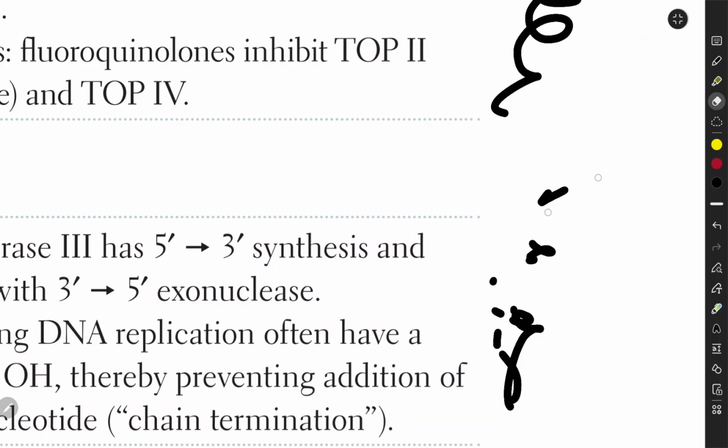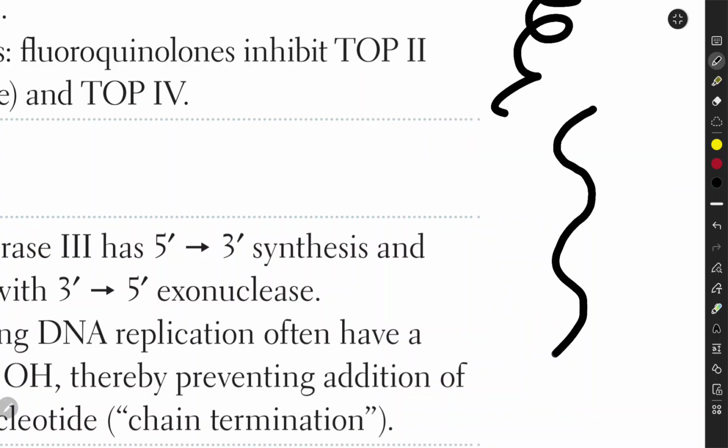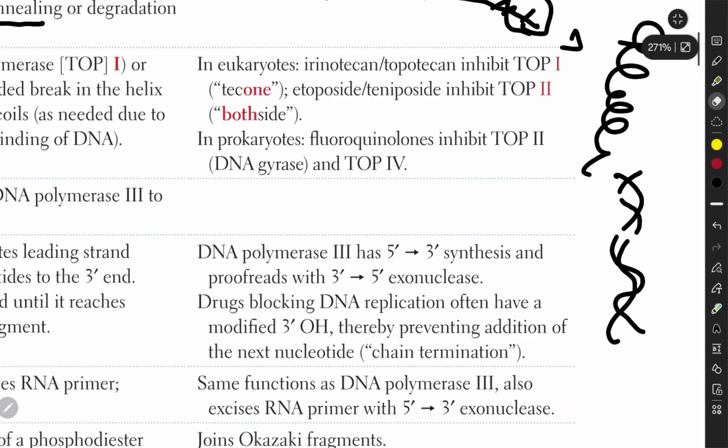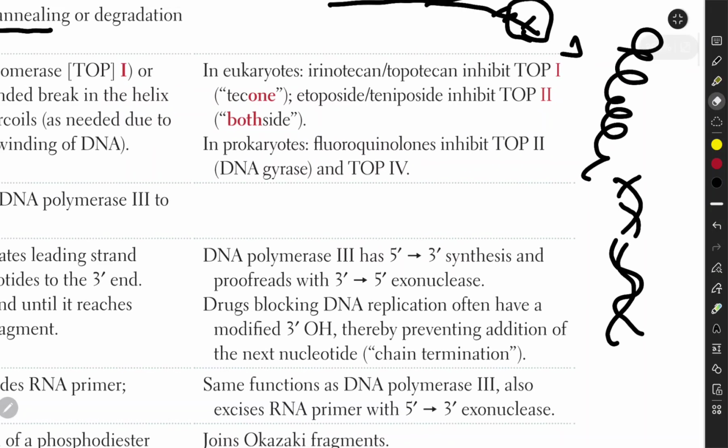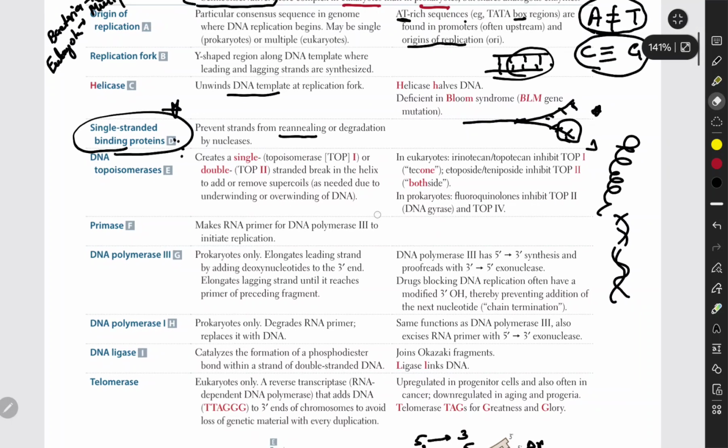So in that case, let me tell you. Okay, let me draw a double strand. So this is, for example, supercoiled, right? So this is a single strand break. For example, this will uncoil from here, and the other one, which is DNA topoisomerase 2, creates a double strand break. So this double strand break is basically then repaired by DNA polymerase and primase.